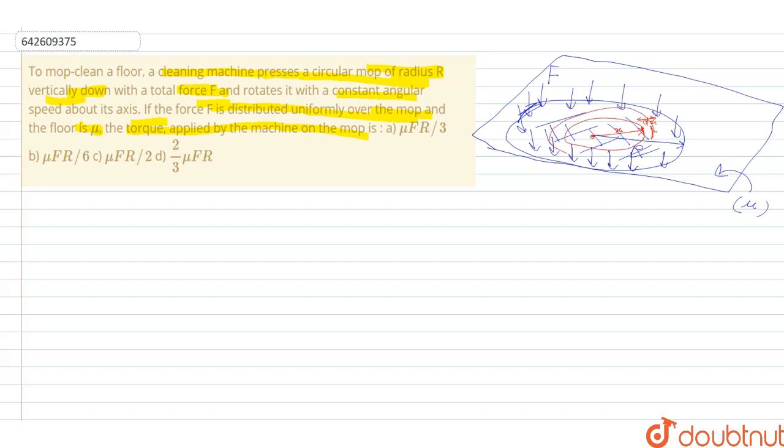So this is the strip we have taken, and then we will find the smallest differential part of the torque required in this strip. So for solving, we have a differential torque which is equal to